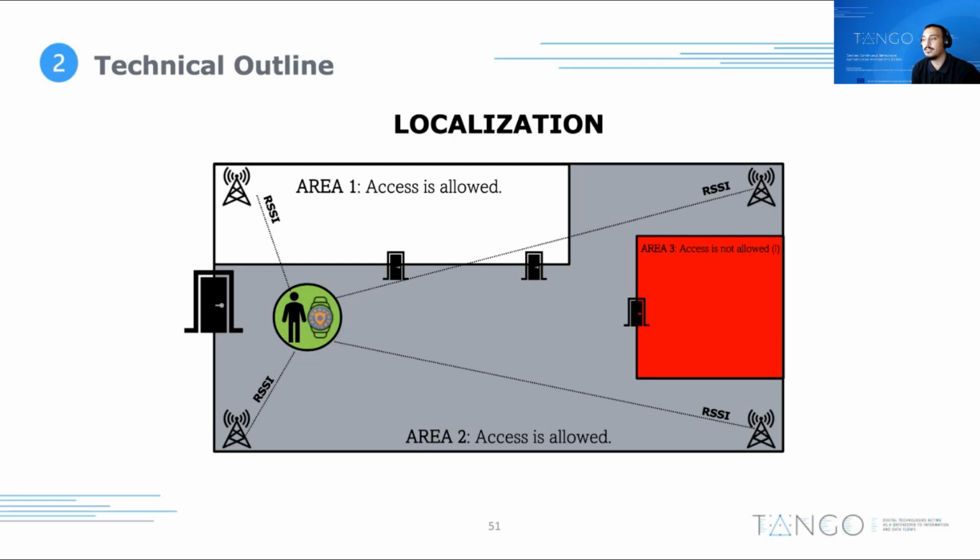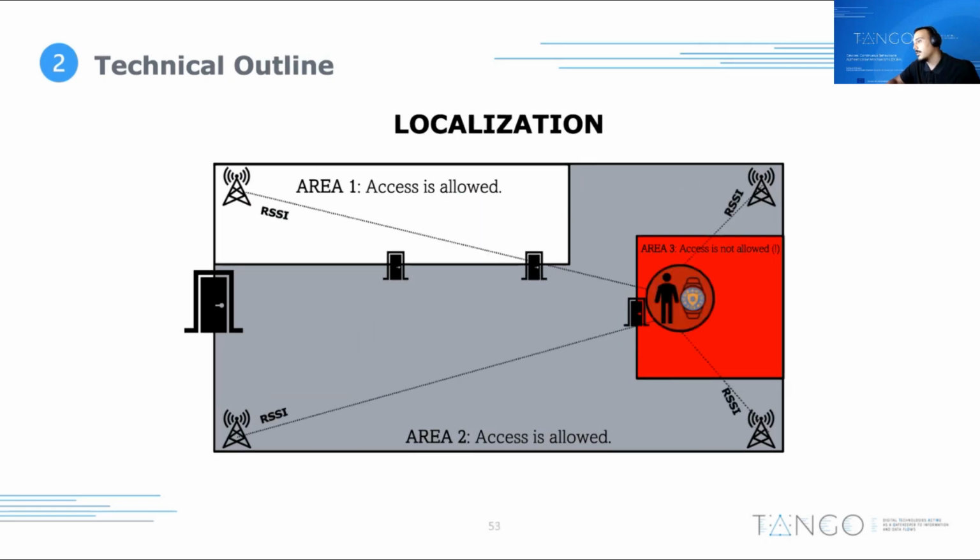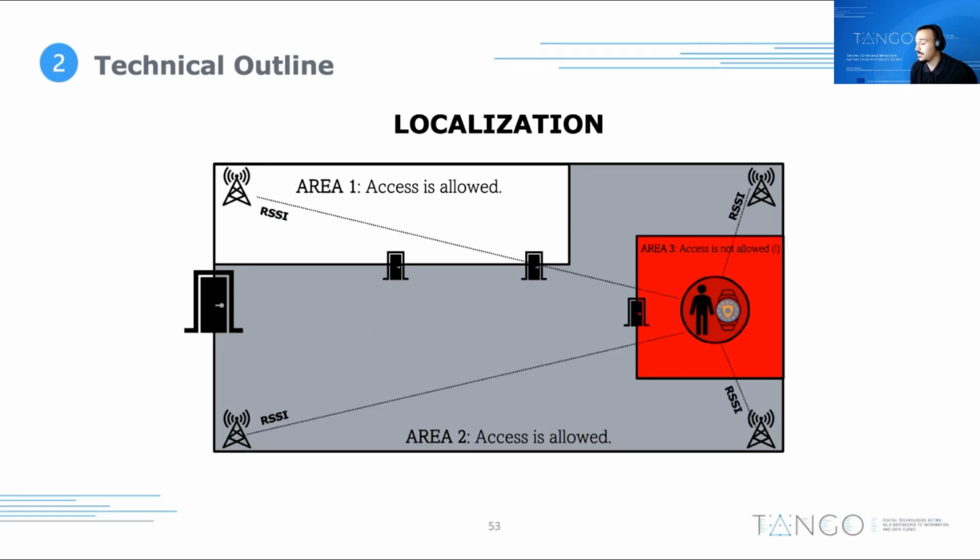Let's say that the mechanism estimates the current location of the device is area 2, and then it makes a decision. Is area 2 permitted for this specific employee? Of course it is, so no alert is generated at this step. The same scenario happens when the employee enters area 1, since access is allowed there too. But when the employee enters area 3, where access is restricted, the updated RSSI signals